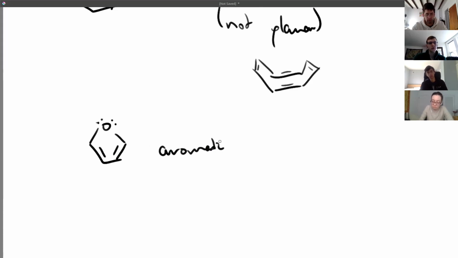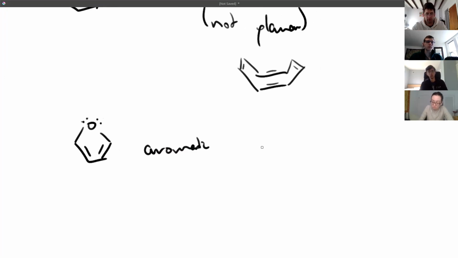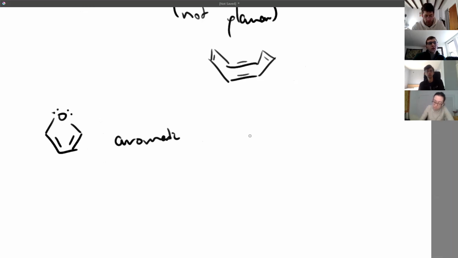It's 4n plus 2. And the reason we don't consider the second pair of electrons, is it because it's perpendicular to the plane or something? Yeah. At that point, that pair of electrons actually would be, exactly like you said, called orthogonal to the plane of the molecule. It'll stick out. That's actually a good point to mention, because something that's really common as a question is to ask, for example,